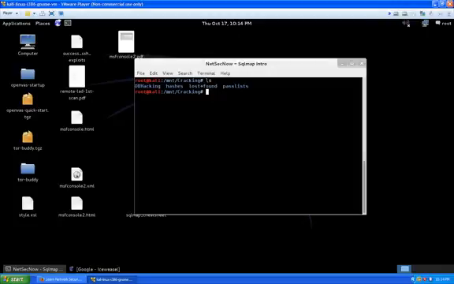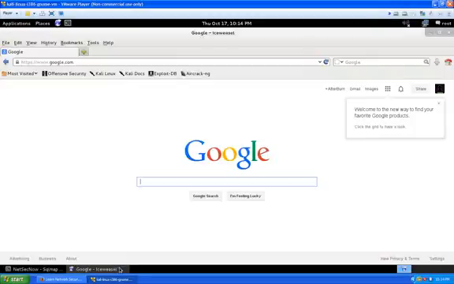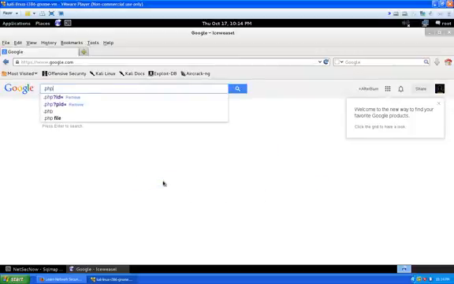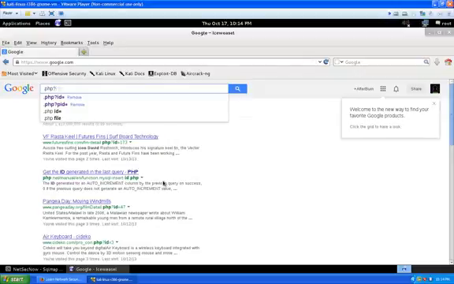So let's just open up Iceweasel, and I'm going to go ahead and show you how to find something like that. With Google dorking, Google pretty much automatically does it for you now unless you want to really get specific about it, but we're going to do just a pretty broad search. We're looking for anything that ends in the extension .php, followed by a question mark, and then something equals, and that's it. So it goes .php, question mark, and then we're going to use id equals, which I conveniently already have